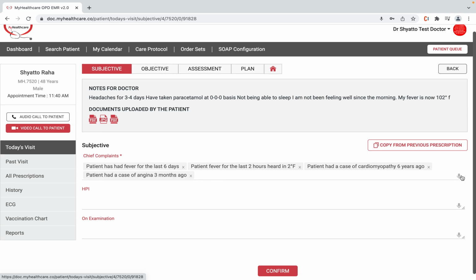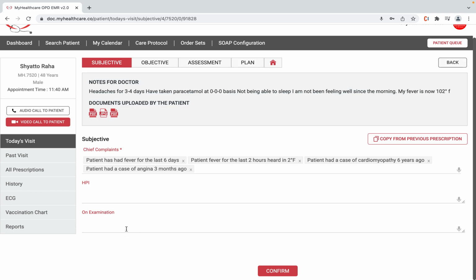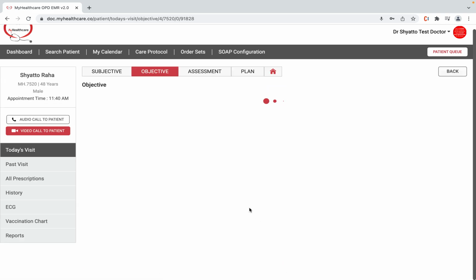At the end, please remember to switch off your mic and it will convert everything to text. Voice is activated across all the areas where you have free text. You can continue to type as well if you want. As you move to the next step, when you confirm, it takes you to the next step, which is the